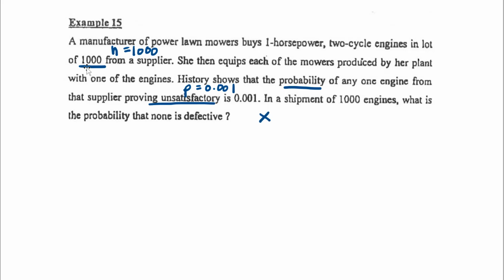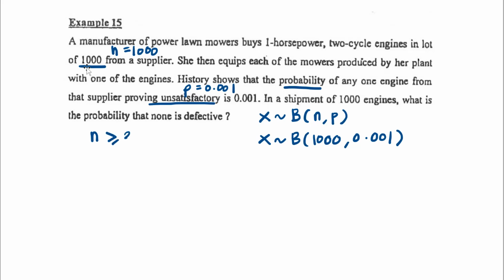So we have the binomial distribution in which n is 1000 and p is 0.001. Now, n is greater than or equal to 30, and n equal to 1000 is greater than 30, and we have p less than 0.1, in which our p, 0.001, is less than 0.1. That means we can use the Poisson